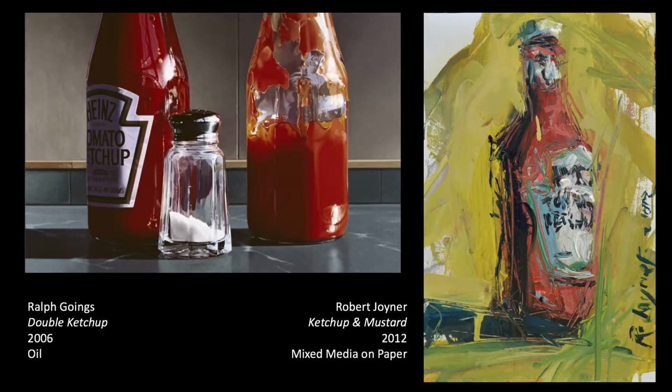So he recreated them in a very intensely naturalistic, photorealistic way, in order to present it to us in that way, almost aggrandize them and make them look a lot more important than they are. I mean, they're just ketchup bottles in probably a rundown diner on the side of the road. But the light shining off of them and the way that they're composed, they're much more expressive in terms of the light. And then we have Robert Joyner over here, who uses this messy, free, gestural way to paint the